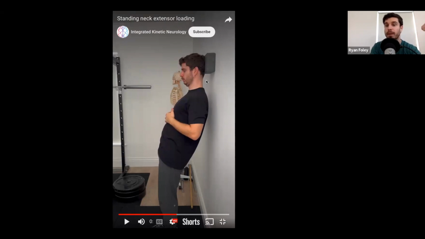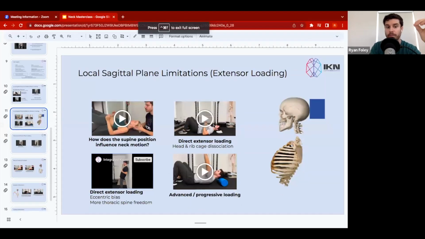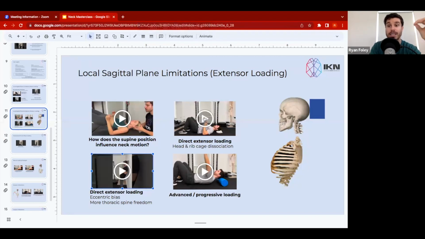But again, it's just one of many options that we can use to facilitate that muscular behavior. Okay, but you can see the position that we have to change through the thoracic spine to encourage that, and then we can add some dynamic motions here as well. What we eventually want to get to, though, is to build the ability to do this while the thoracic spine